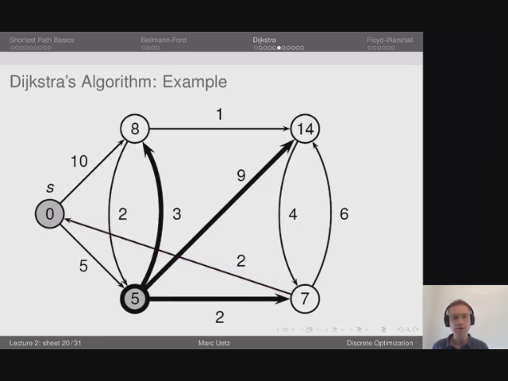But as part of the correctness proof, you will see that along such an edge, it is never going to be the case that we need to update the distance label of these vertices here. And that is because the edge lengths are non-negative and by choice of the minimum distance label vertex. So we do the corresponding update here,